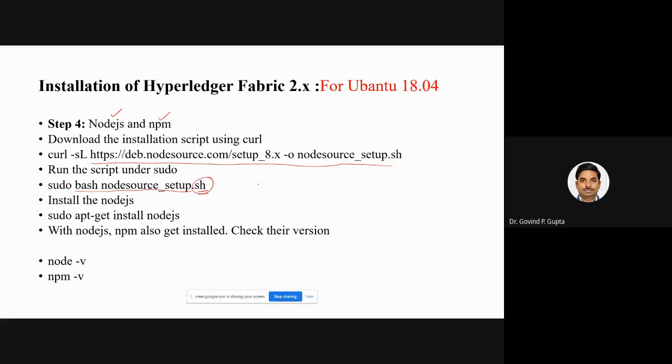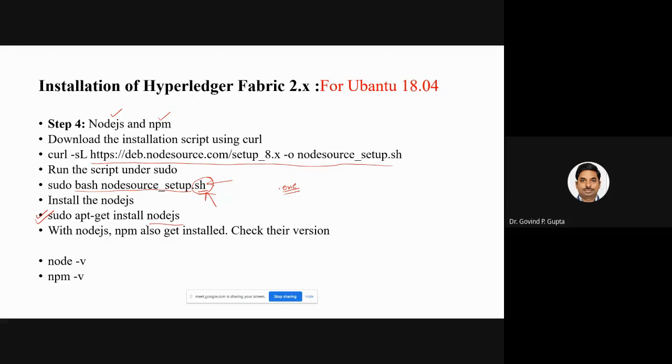Just like in Windows there is an executable file, in Linux there is a script file. So simply you run the script file with the bash terminal, and it extracts and sets all the dependencies and all the environment that is written in the script file. Once it is set, then you have to install Node.js by this command, sudo apt install nodejs.